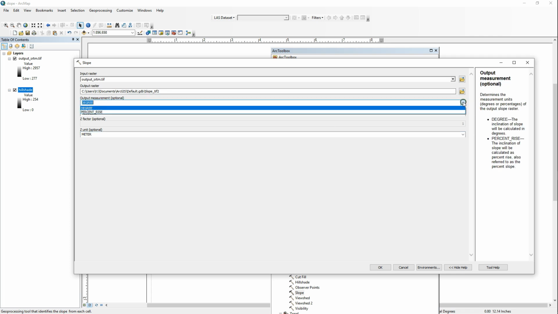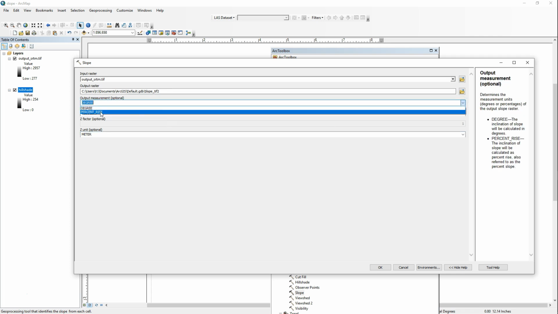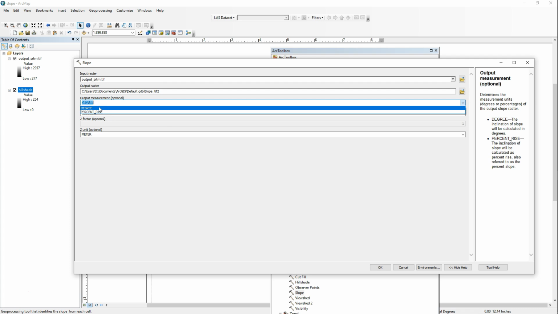Now our output measurement, we have two options. We have percent rise versus degree. So with degree, we're talking about the inclination of slope just calculated in degrees. If we do percent rise, the inclination of the slope is going to be calculated as percent rise and expressed as percent slope. So a good way to think of this is if you're on, say, a cross-country trip in a car and you go down a steep hill, you'll see on the side of the road there will be